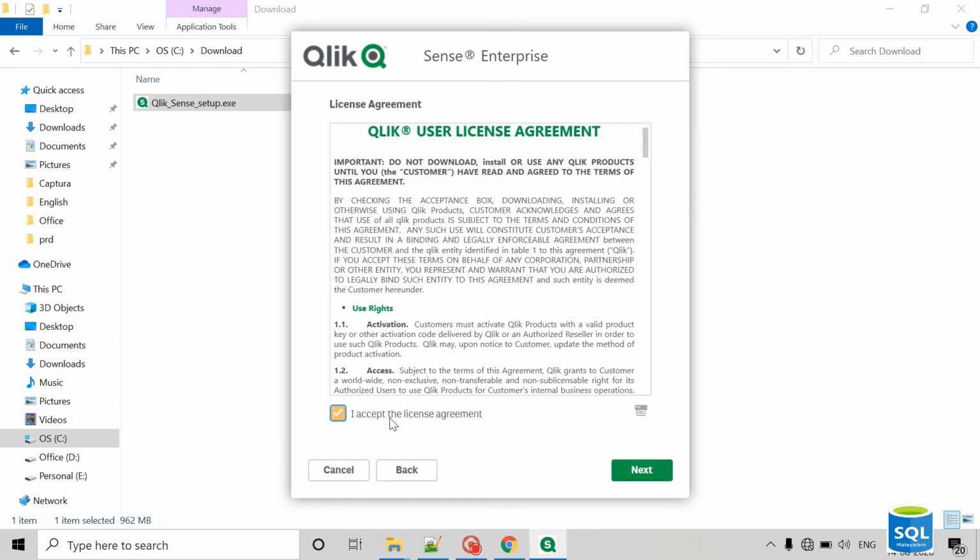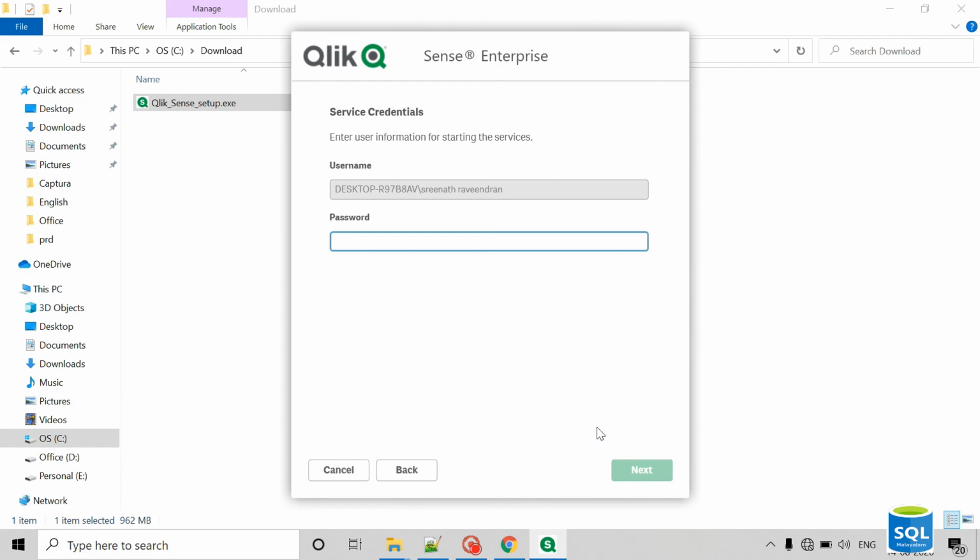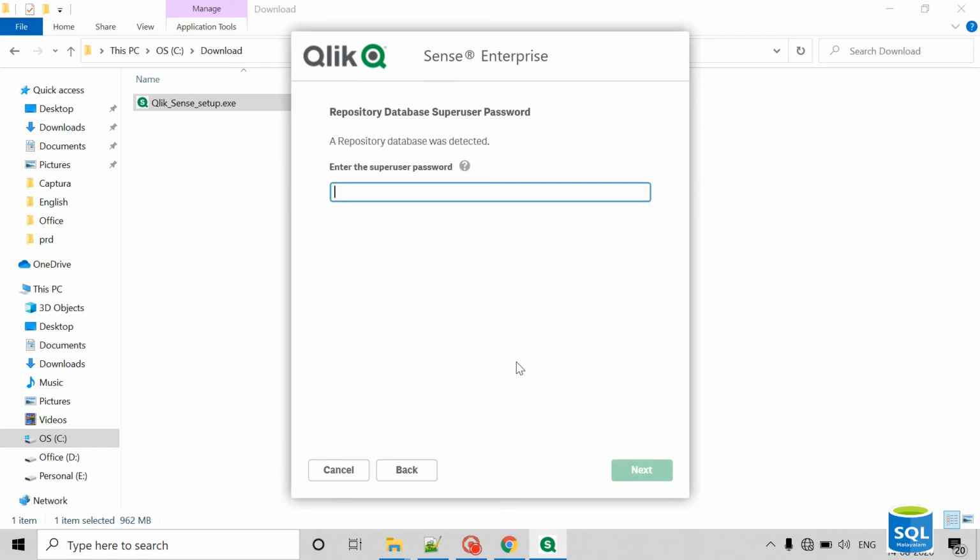Click on accept, next. I should give the password of the user which is running all the ClickSense services. I should give the super user password for the repository. Click on next.